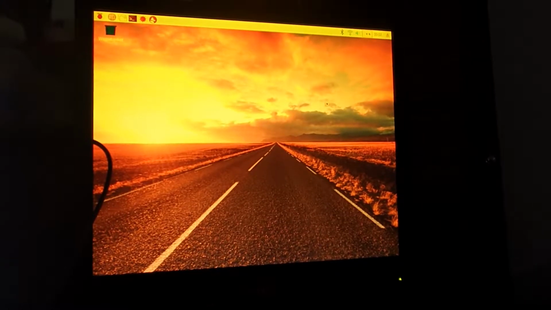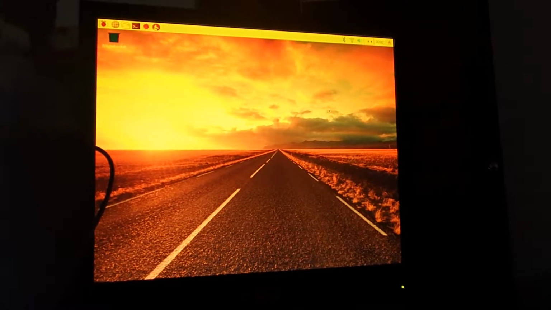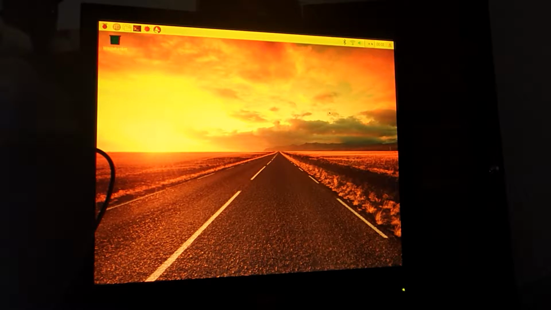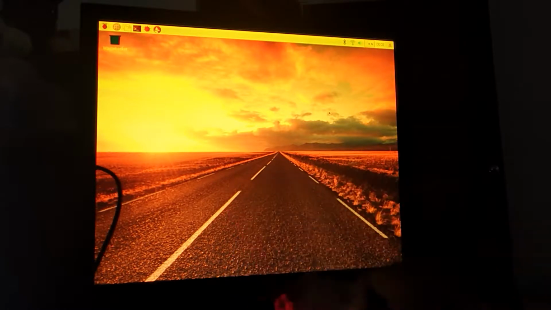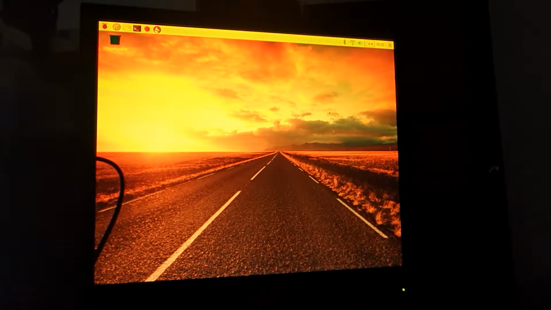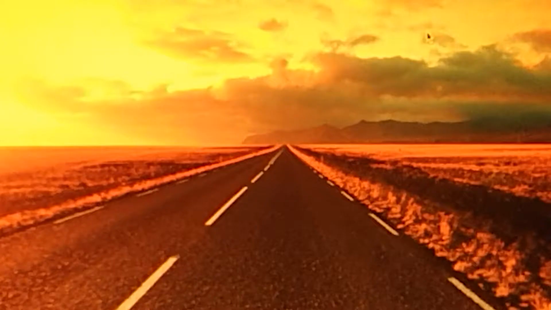Alright, so what we're doing is installing the remote desktop on this computer so that we can access this Raspberry Pi via remote desktop. So I will have to download a kit called XRDP, which is the remote desktop for Linux systems. So for that, I'll go to the command terminal in Linux, and I will type in